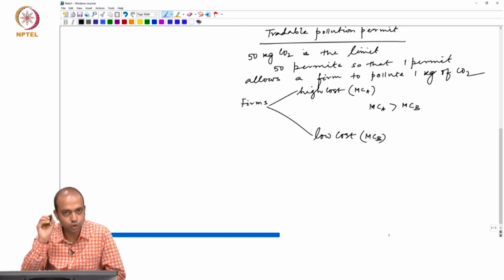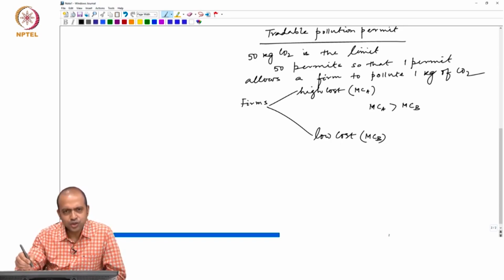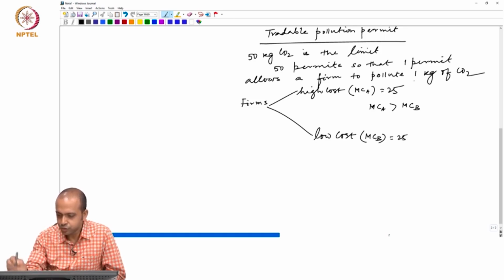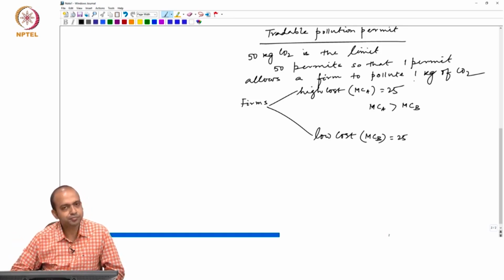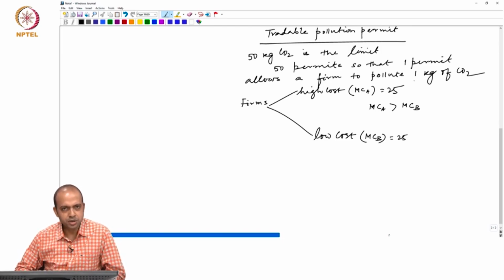Let us say that there are only two firms, A and B, and each of these two firms is given 25 and 25 permits. Now, since the abatement cost is higher for firm A